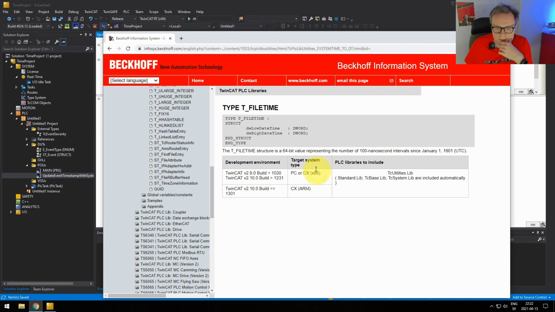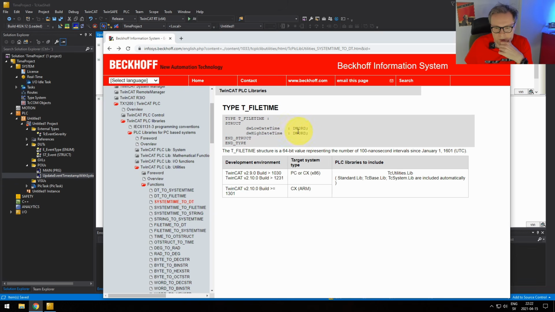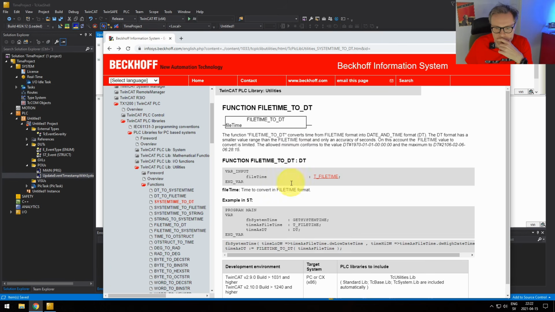Okay, so file time is what we have. It's two 32-bit values, and this can be converted to a date and time using the function file time to DT.